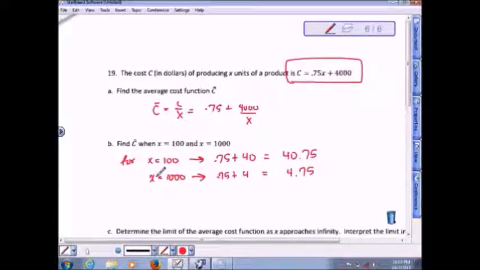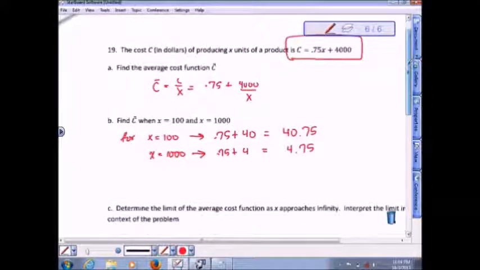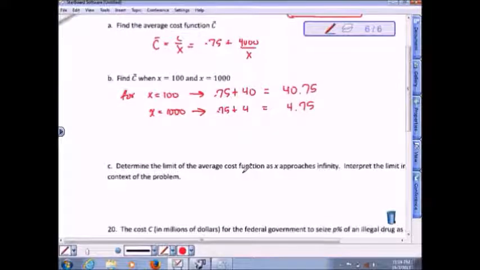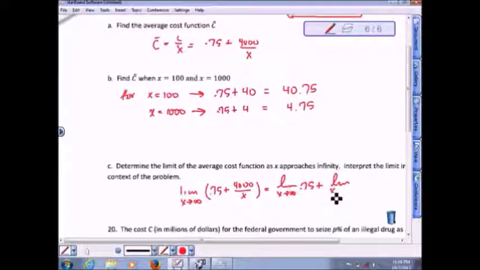So as they continue to produce more and more and more, the average cost is going to continue to go down, but it's only going to go down up to a certain point, and this was our discussion on limits to infinity. And that's the next question here. Determine the limit of the average cost function as x approaches infinity. So the limit as x approaches infinity of 0.75 plus 4,000 over x. This is equal to the limit as x approaches infinity of 0.75 plus the limit